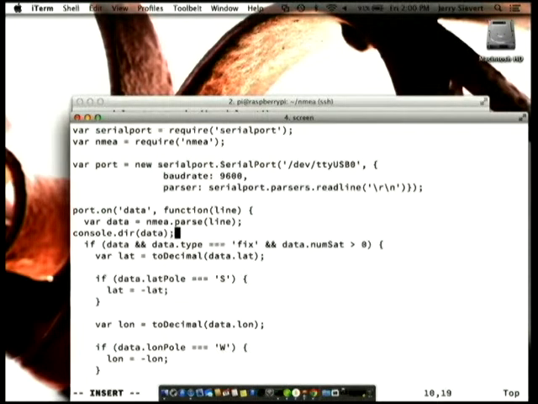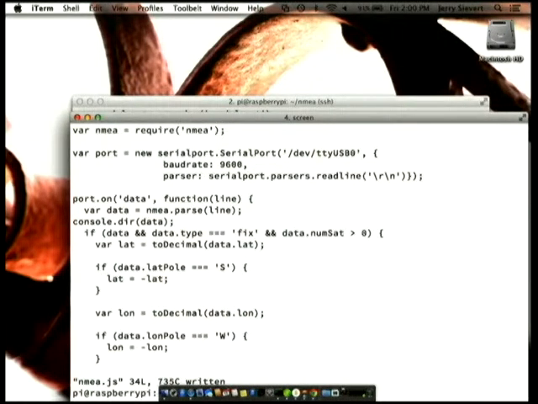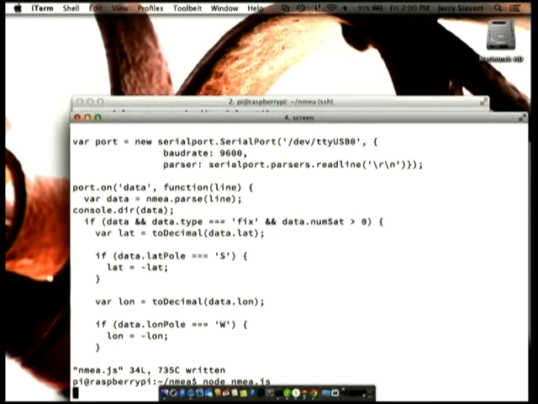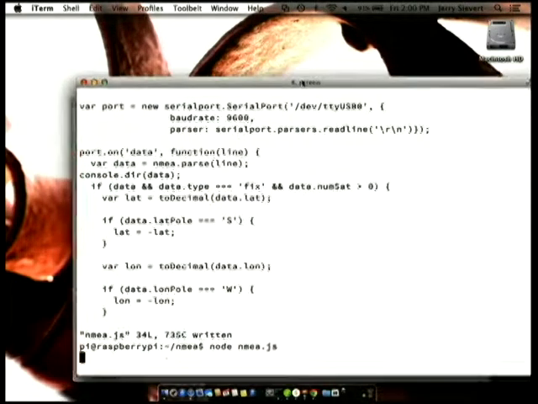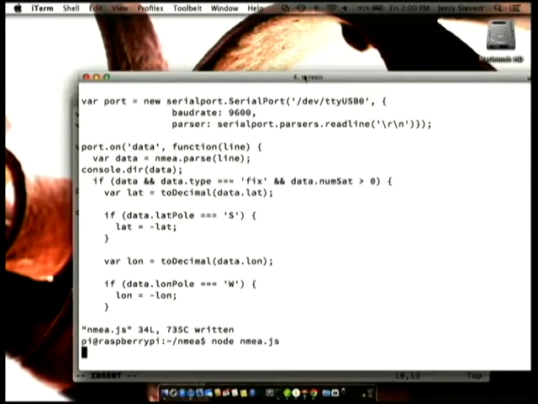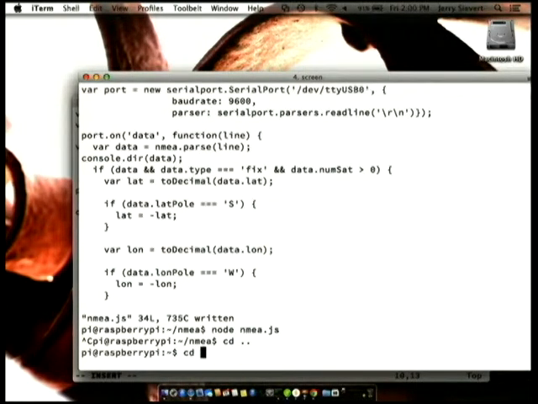So let's go ahead and take a look at this data coming out. Which is doing nothing. Awesome. Okay. I can go right past this. Demo fails are awesome.